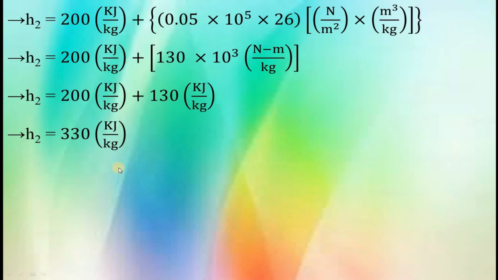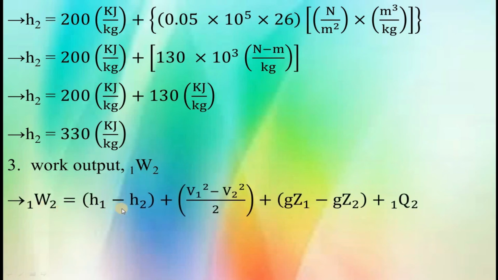So now we will find the value of work output, which is taken as 1W2, and the formula for work output is 1W2 is equal to (H1 minus H2) plus (V1 square minus V2 square) whole divided by 2 plus (GZ1 minus GZ2) plus 1Q2. So in this formula we know the values of H1, H2, V1, V2, GZ1 minus GZ2 and 1Q2. So just substitute the values. We get